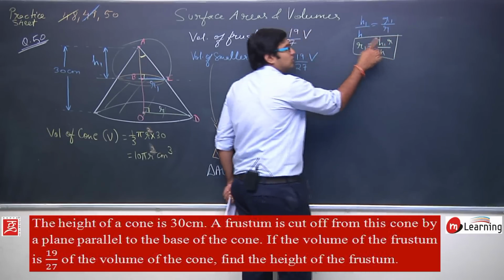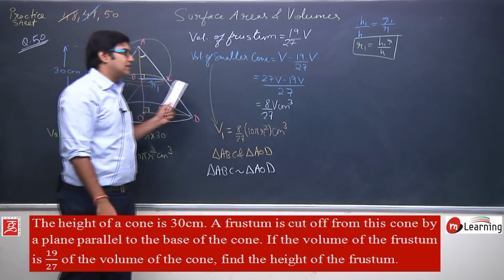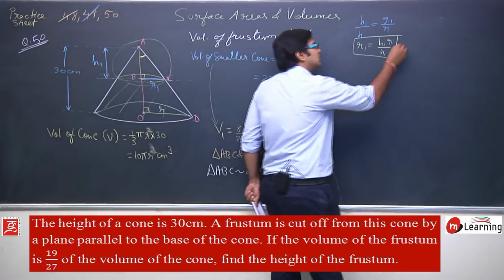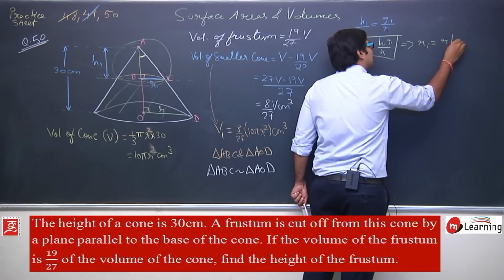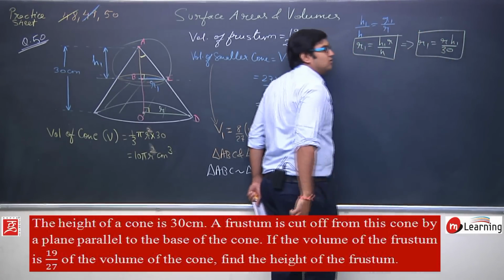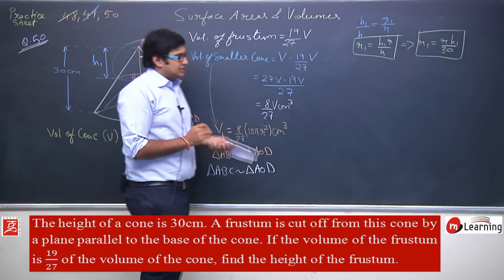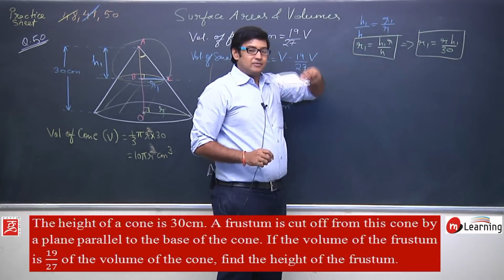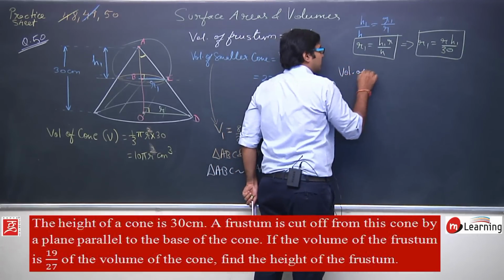Now we know the value of H. What is H? H is the height of the larger cone, which is equal to 30 centimeters. So from here I get R1 is equal to R H1 upon 30. But we do not know the value of R, that is the radius. So what I can say is, if I get the value of R1, if I ask you what is the volume of the smaller cone,